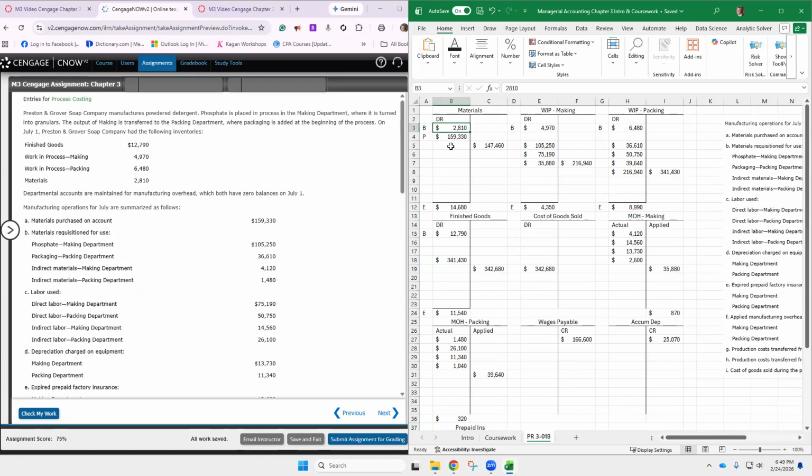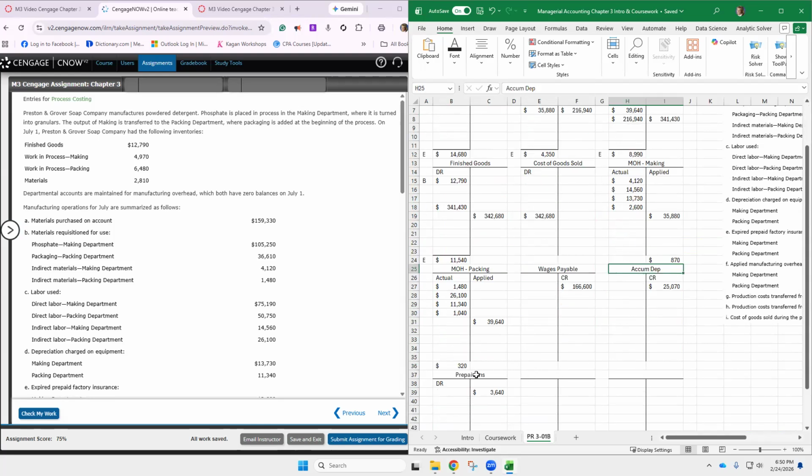I've put in the beginning balance of 2,810. We've got a WIP for making and a WIP for packaging, a finished goods, and a cost of goods sold. You're also going to want a manufacturing overhead for making, manufacturing overhead for packing, wages payable, accumulated depreciation, and a